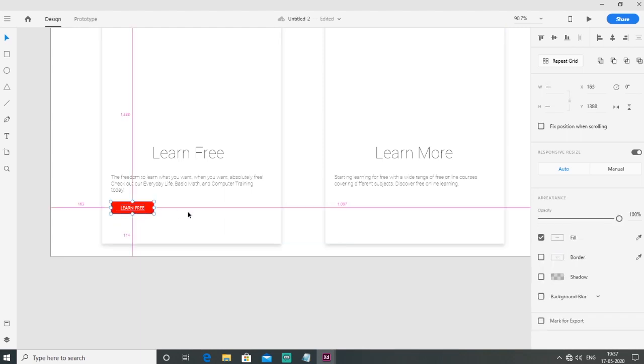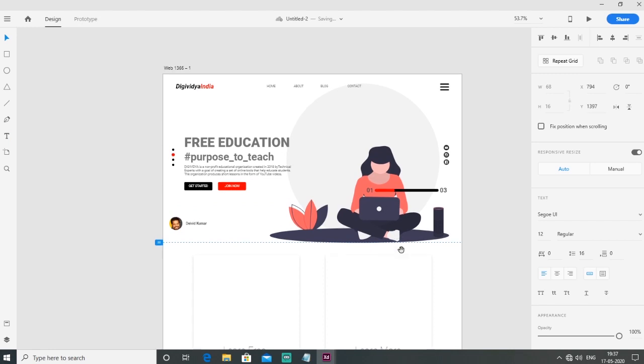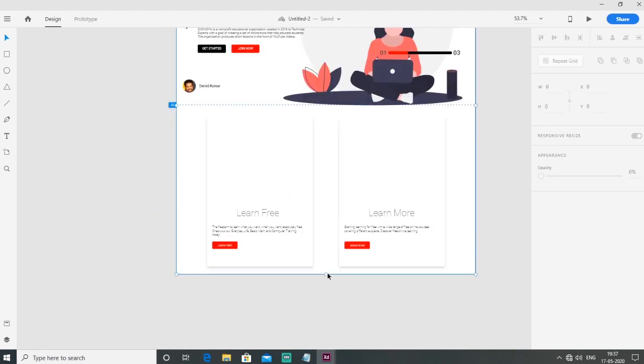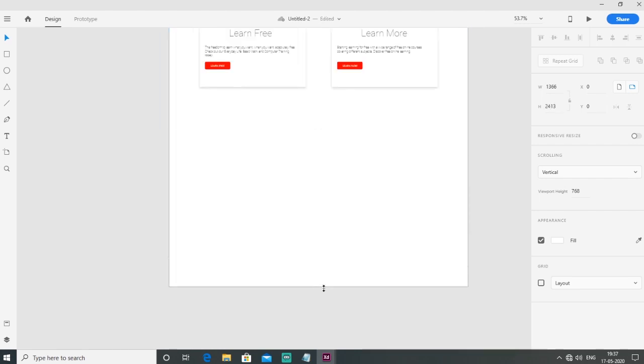So I select both of them. So here is how my page looks like. Then I select my page. I just transform the page.